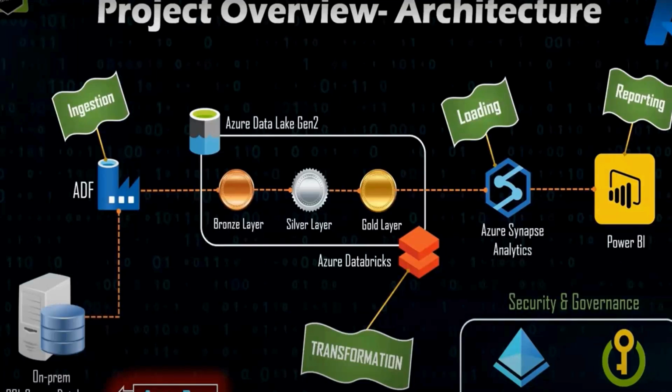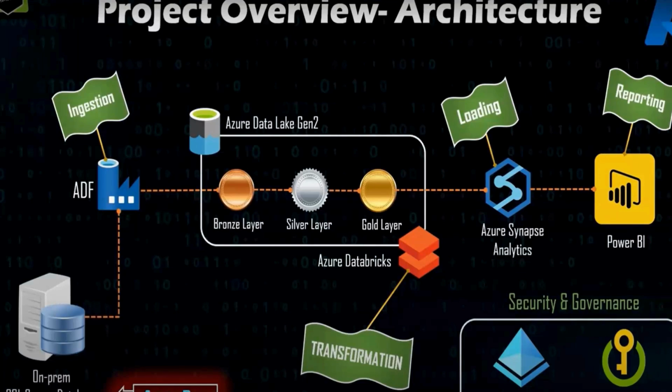Once my data is stored in Azure Data Lake Storage, which is maintained by the Azure team, you can divide your data into different layers: bronze layer, silver layer, gold layer. The bronze layer is where your data will be as it is, raw data. The silver layer is where the data in the bronze layer is processed and pushed. Once my data is processed, it will be pushed into the gold layer.